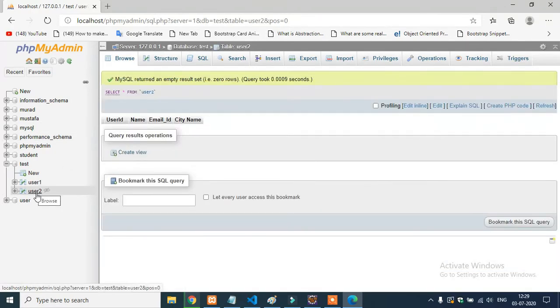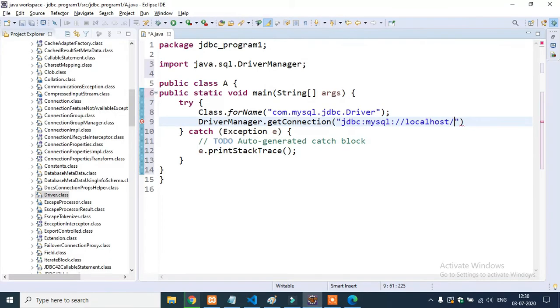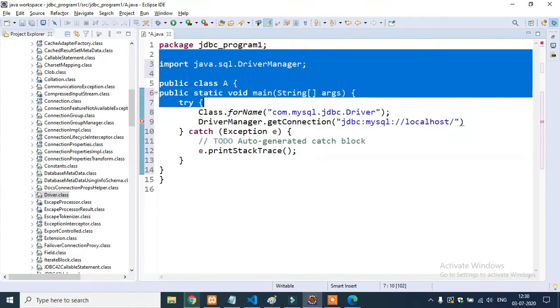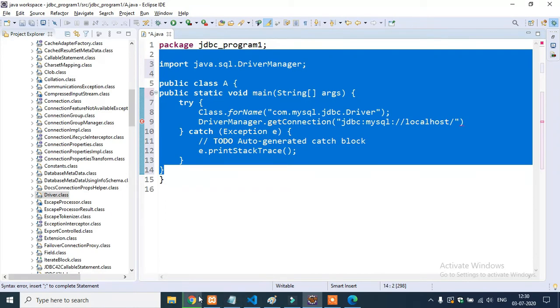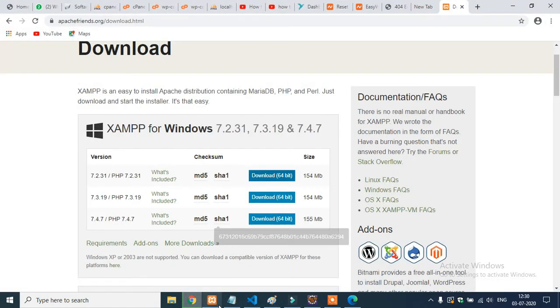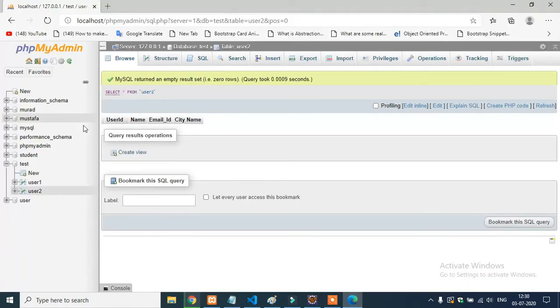Now see, when I click on user2, the table is created with user id, name, email id, and city name. And when I execute that Java program, the data should be stored out here.